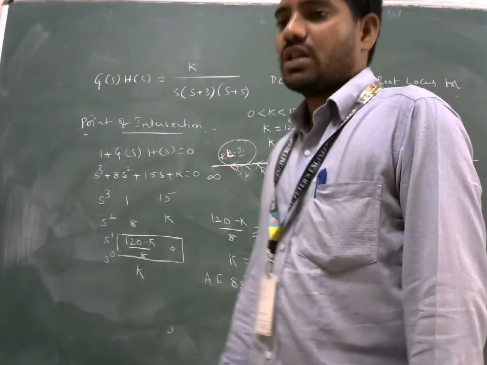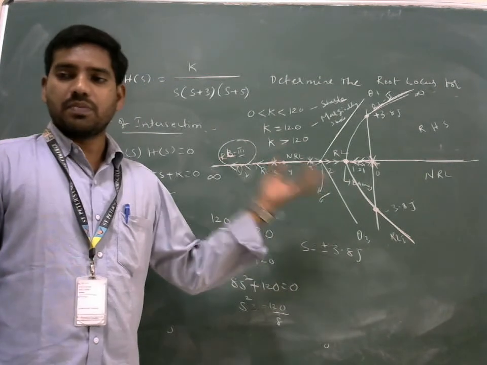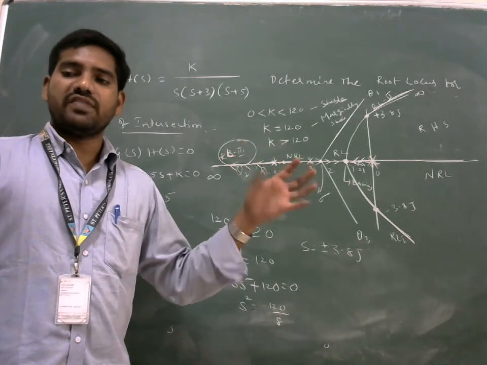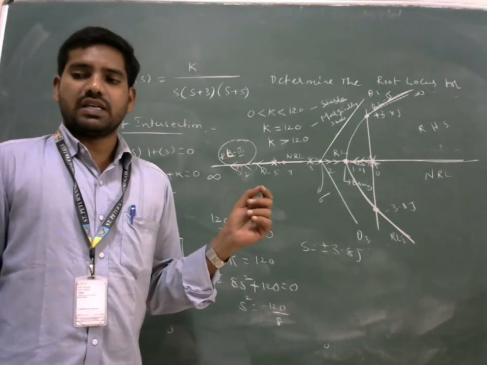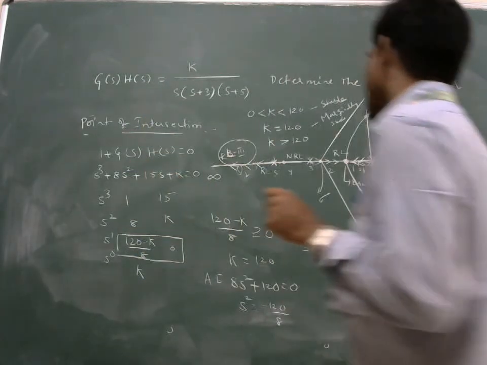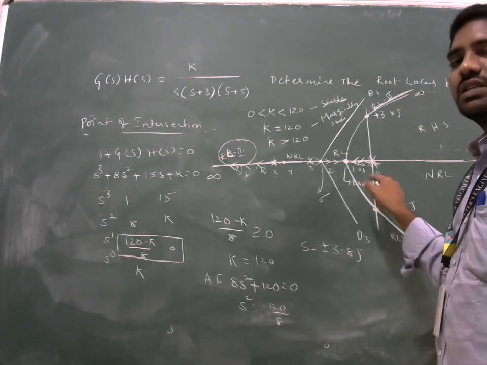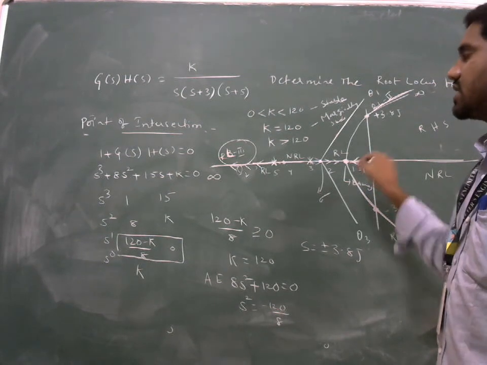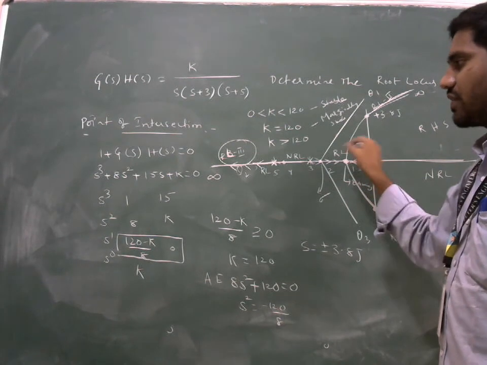This is how we are going to find the root locus. Very simple problem. If you have an angle of departure and angle of arrival, then it causes some difficulty. That means we need to find out the location and how the angle of arrival and angle of departure will be. That is a little bit difficult. This is a simple problem. We can do those problems also very easily if you are interested.